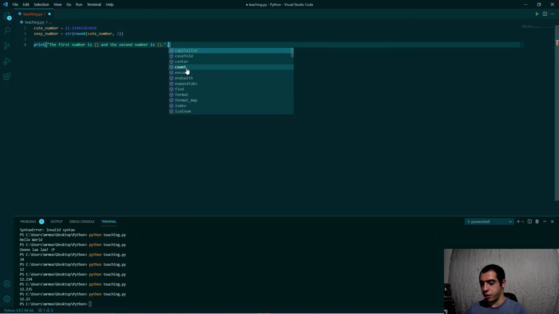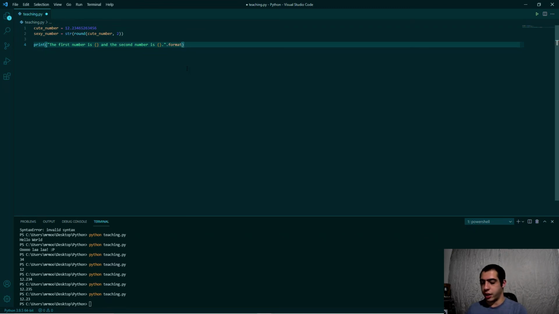What we're going to use right now is format. And then again, format's going to accept more arguments, so pretty much it'll accept as many arguments as we have here. So we have 2 spots for 2 arguments. So our first one will be cute number. We'll put that in, check that, that should be a float. And then we're going to put in sexy number. And if I check that, that should be a string now. We're going to save it. So you see our circle is gone. Go down here, recall the last command. Now I have exactly that. First number is 12, whatever, and